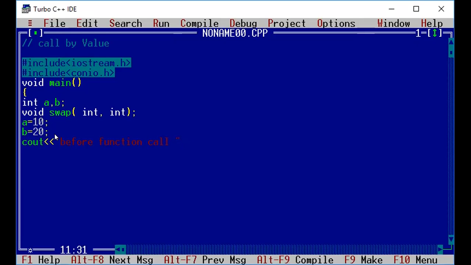So here I am just printing the value of a, then printing a space, then printing the value of b with a semicolon. After that I am just calling the function. The name of the function is swap, and the variables are a, b. Here I am going to pass the